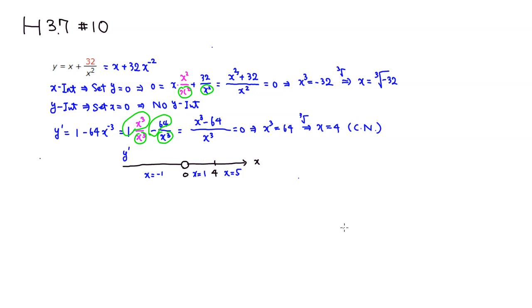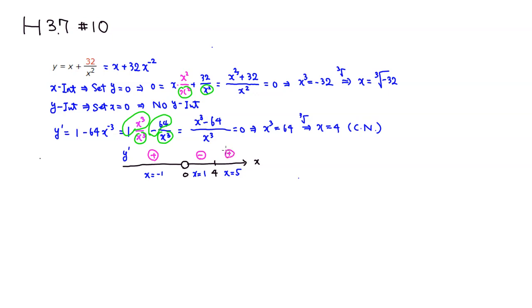All right, so let's look at the sign. If you plug in -1, -1 minus 64 is going to be negative, and the denominator is also negative, so negative divided by negative is actually positive. If it's 1, 1 minus 64 is negative, and then over positive, so it's going to be negative here. If it's 5, 5 cubed is bigger than 64, positive divided by positive, so this is going